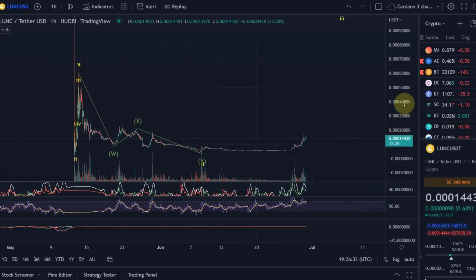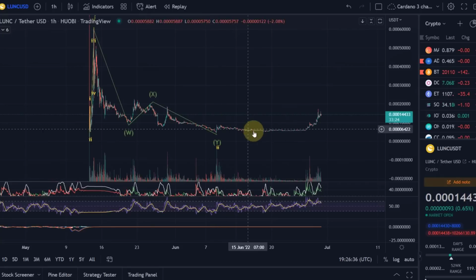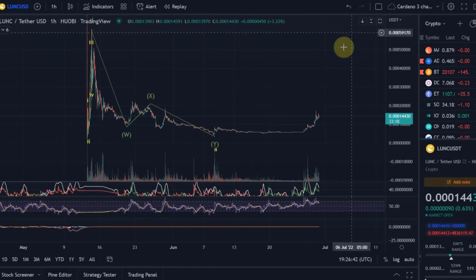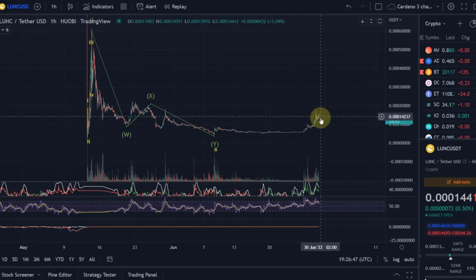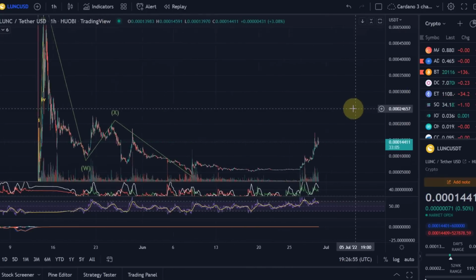And we might now be, as you can see here, we might have completed the wave 1. This was another wave 2 low here. And we might now be in a wave 3 of the wave 3 in the very early stages. So this is how this is looking for me from an Elliott wave point of view. It could really be that we are in this wave 3, but it has a long way to go and a few things need to happen for that.